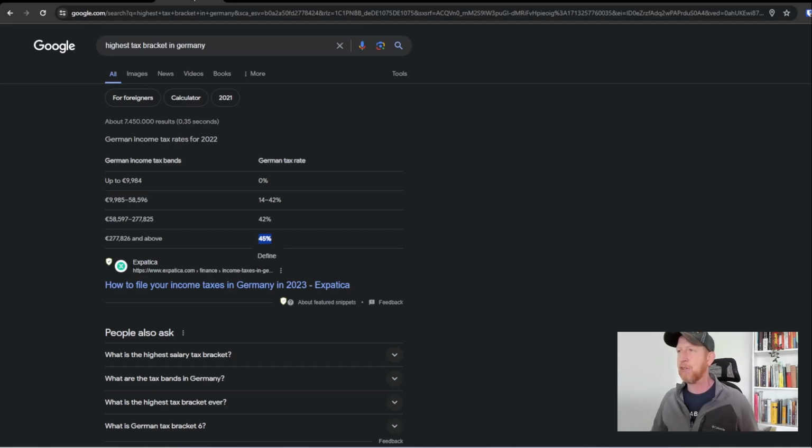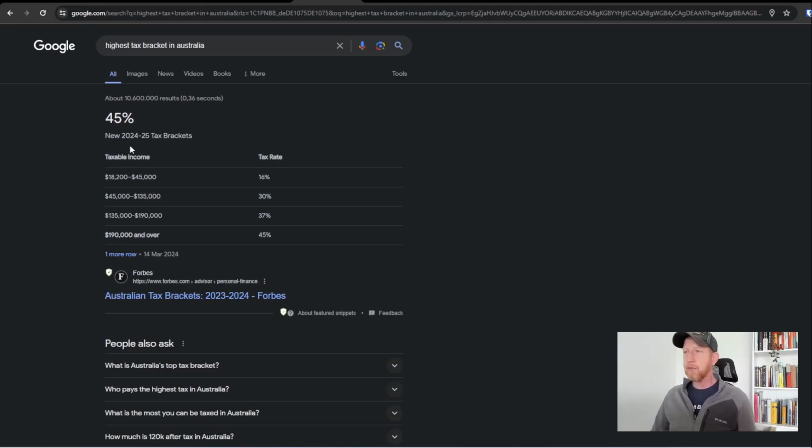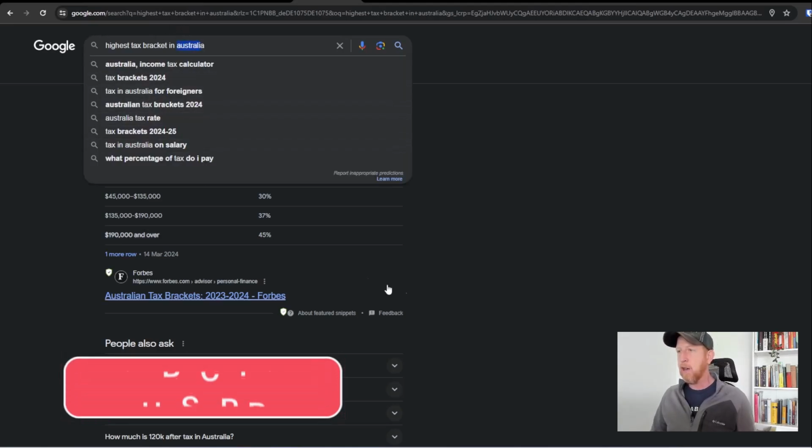Same thing with the capital gains in Germany. Capital gains is 25%. Okay, there's also this extra solidarity and the church tax, but that's all going to be dependent upon certain things. I mean, maybe you don't need to pay the church tax. There's other things involved in that as well. But if you're always putting the 45% aside, then you're covered if it's counted as capital gains. It's no issue.